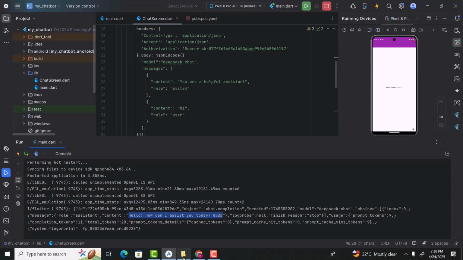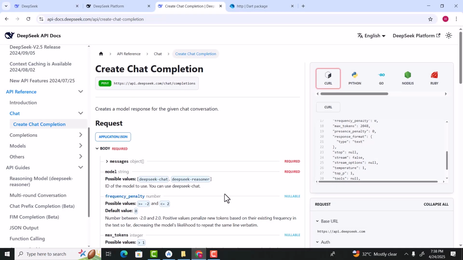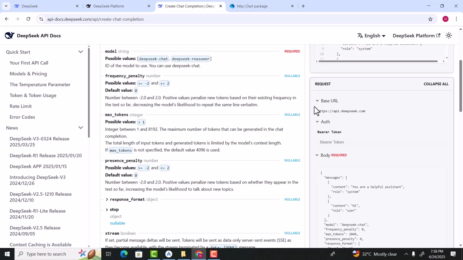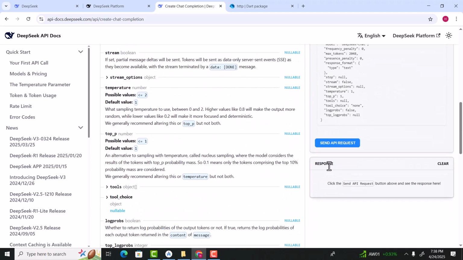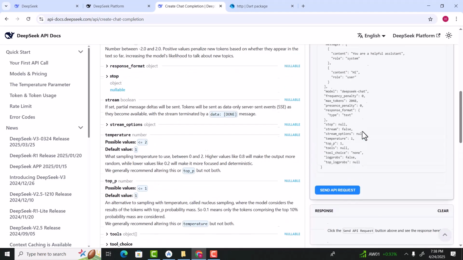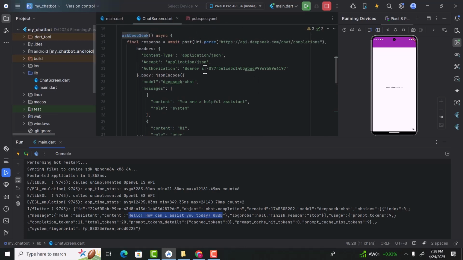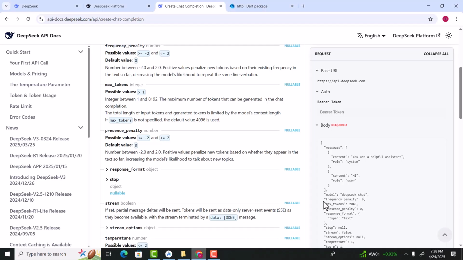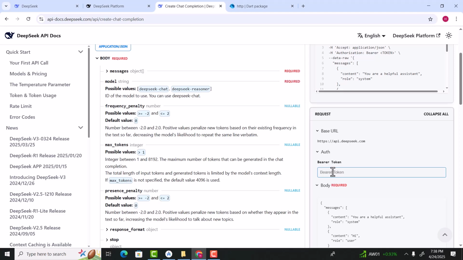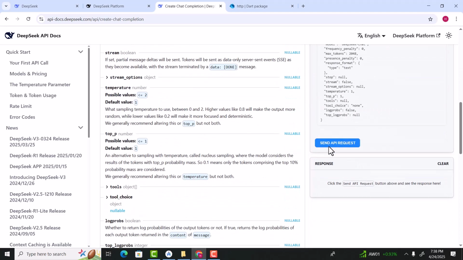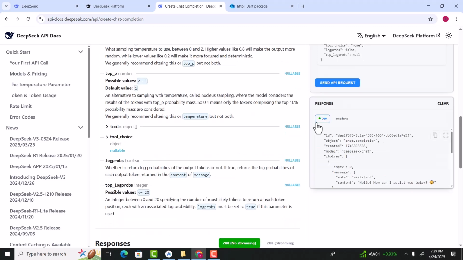And to understand that you need to open the documentation, and here if you scroll down after the request section you will find this response section. But to see this response we need to make the API call. So what you can do is copy your API token from here, and then paste it in this request section, and then click on this send API request. And there you can see we got the response here,